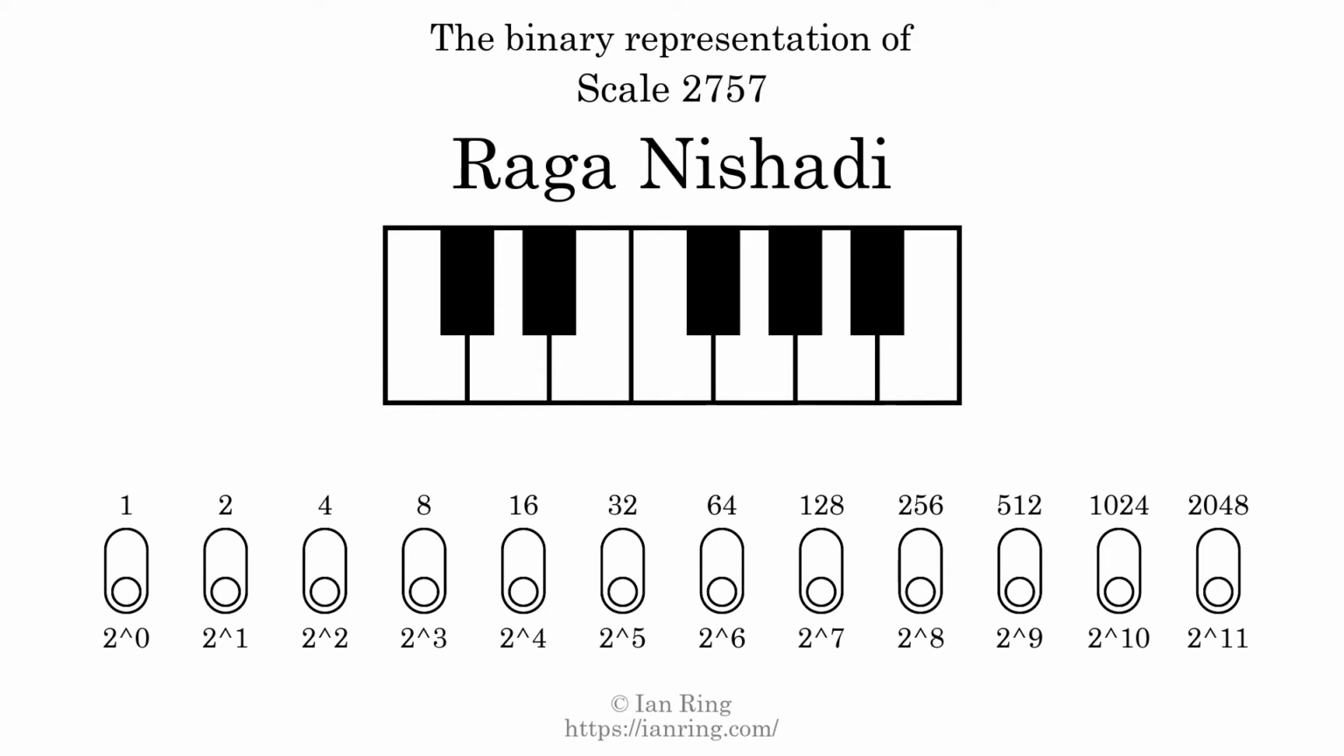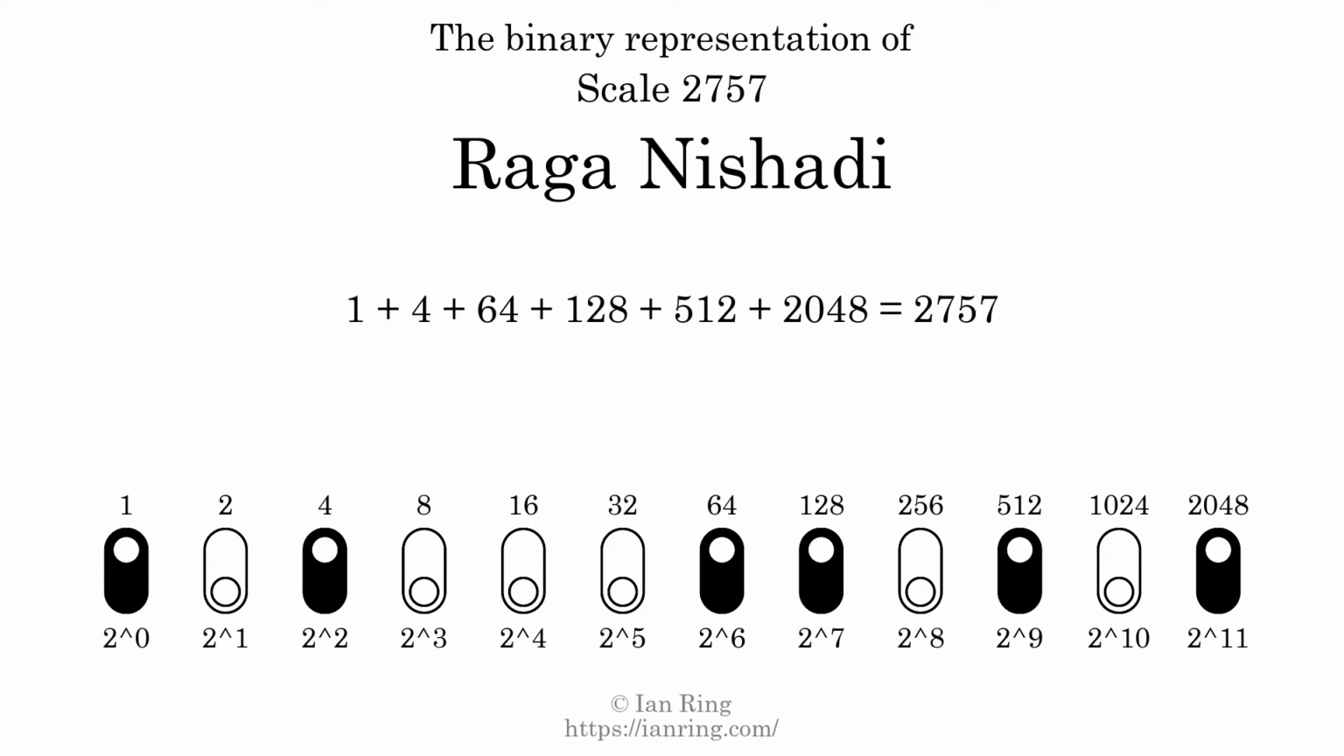The binary representation of this scale is determined by mapping tones of the scale to binary digits. Each binary digit represents a power of 2. To get the scale number, we add the powers of 2 together. The powers of 2 that are present in the scale, all added together, equals 2757. That is why the scale number, in decimal, is